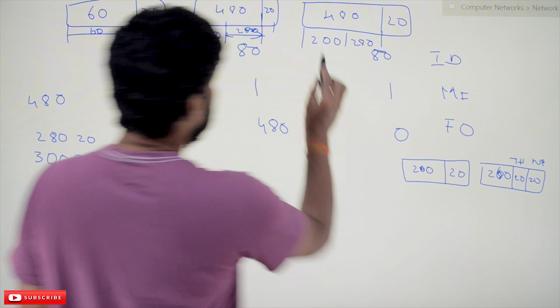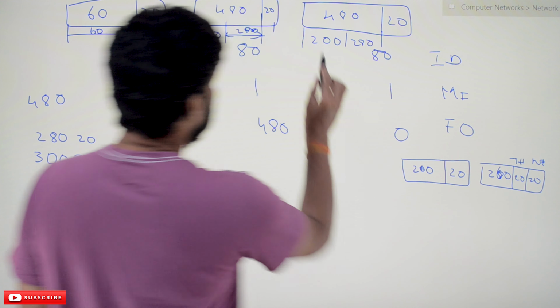For example, this fragment has been divided into 2 pieces, and the MF for this is 1. The MF for this one is 1 because this is following, and we should not give it as 0. MF should not be given as 0 because this is the parent, right? This has been divided into 2 pieces. As the parent MF is 1,